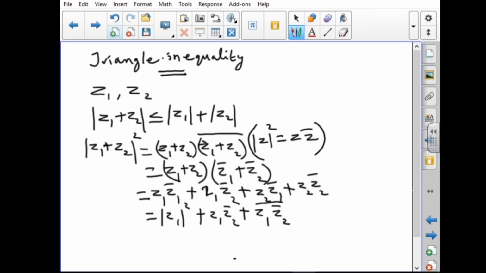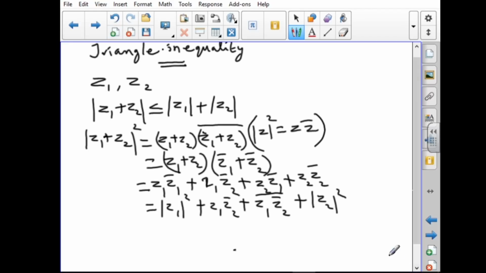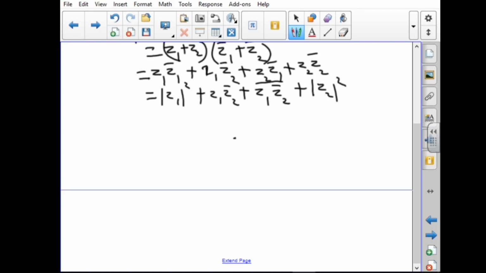So we get this term. So these two terms are the same. Plus modulus of z2 the whole square. So it is equal to modulus of z1 the whole square plus modulus of z2 the whole square plus